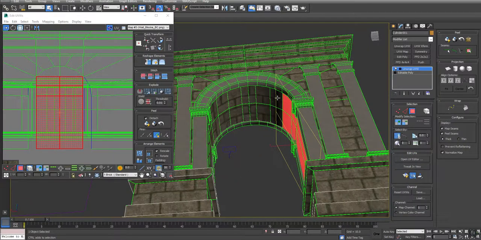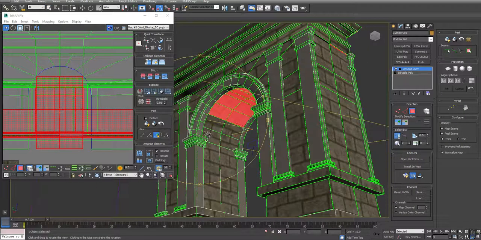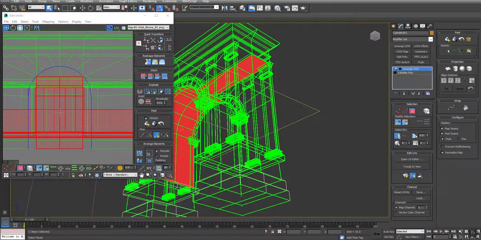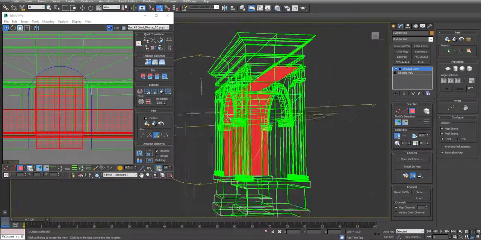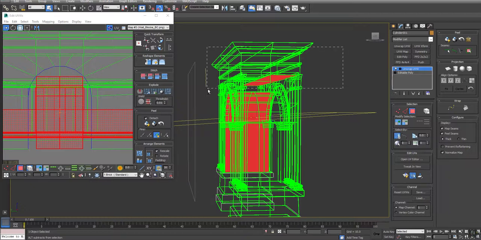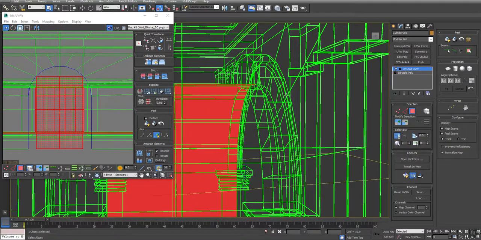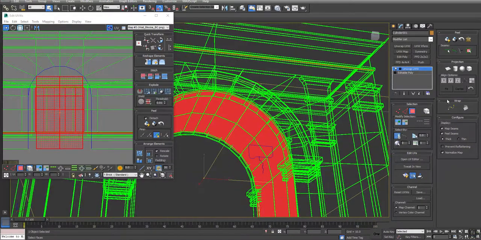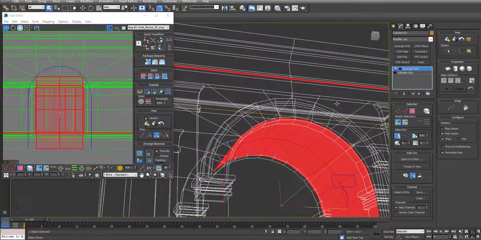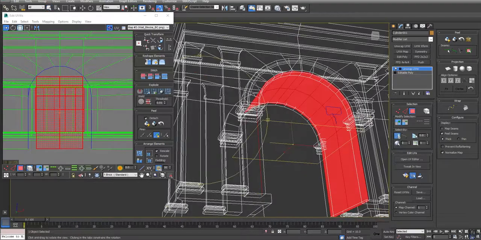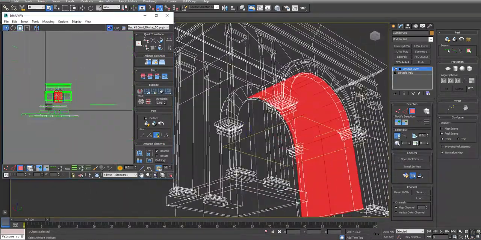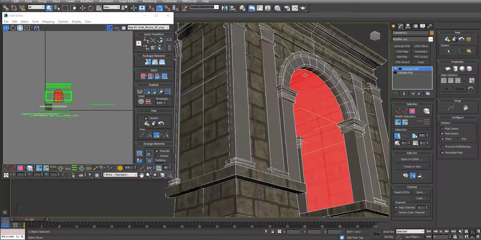And we could select all the polygons that make up this inside portion of the tower. All right. If I go into wireframe, I want to make sure I deselect any extra edges or extra polygons that I didn't expect to get. Turn off map seams, makes it a little bit easier to see any extra ones I got. There we go. Alright, so I could take this and easily just come in